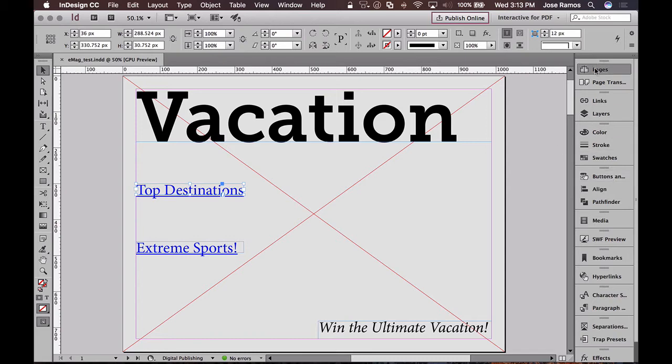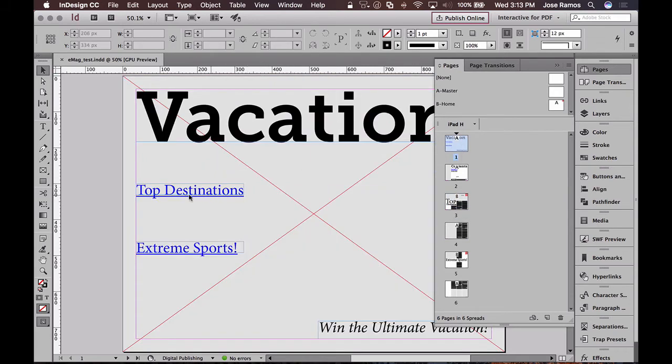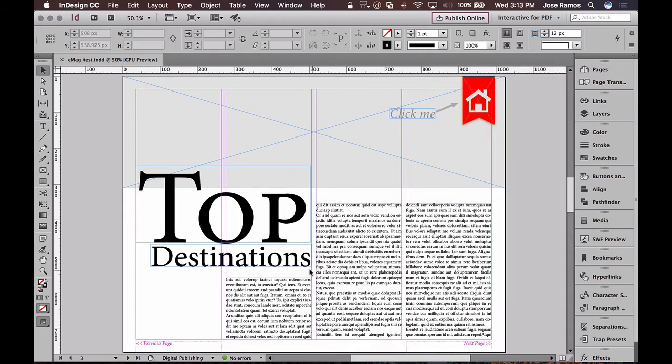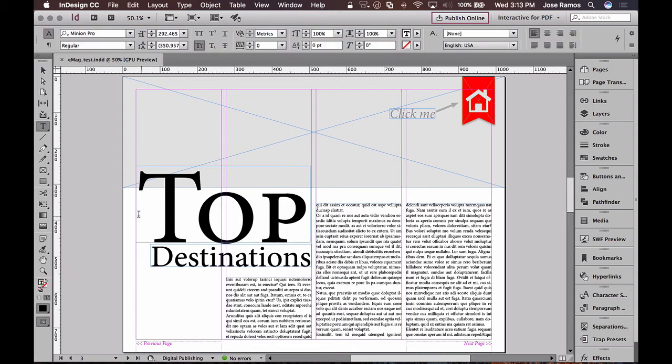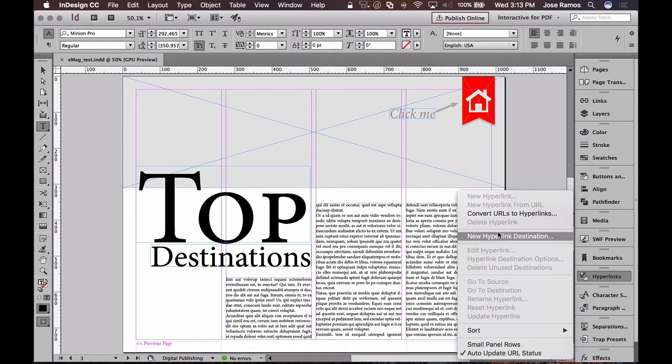So the first thing I'm going to do is navigate to my first article, which is Top Destinations. As you can see, we have Top Destinations here on the cover and Top Destinations here on page 3 of the document. So in order to create a hyperlink destination, I'm going to double click inside of this text, insert my text cursor like so, and then I need to go to the hyperlinks panel and select new hyperlink